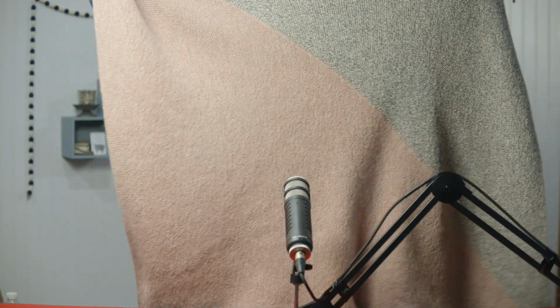Oh, it still has a stitch marker in it. I somehow dropped a stitch. I did not block this because it's huge, and I was worried that if I blocked it, it would grow too much. So anyway,